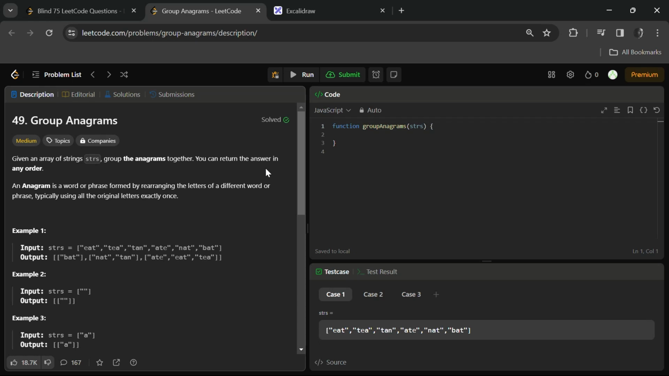Let's start with number 49, group anagrams. In this question we are given an array of strings and we have to group the anagrams together. So what is an anagram? I have explained it before in my previous videos, but if you have not seen that, an anagram is a